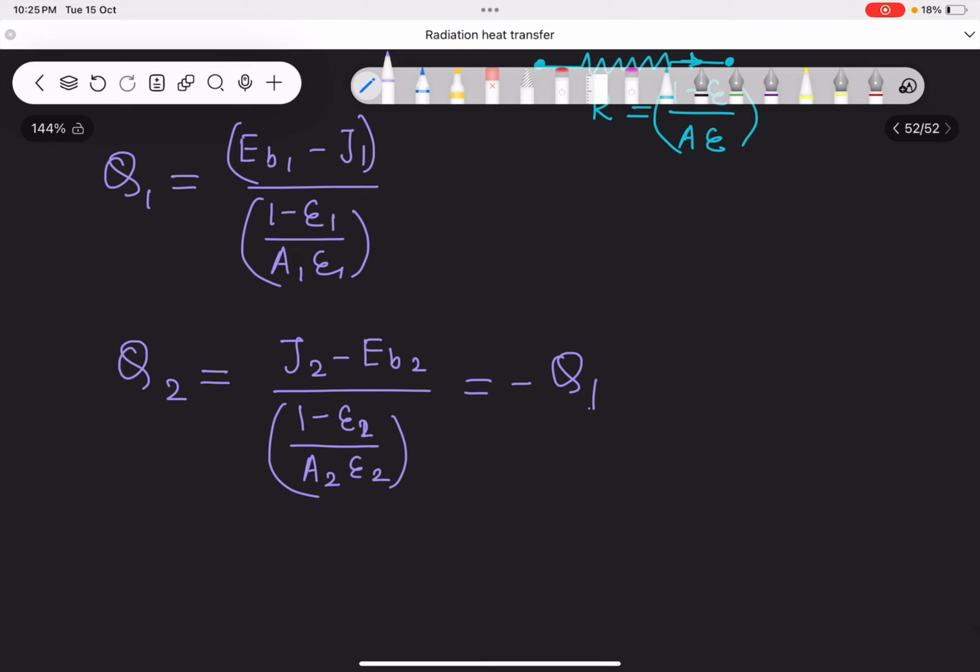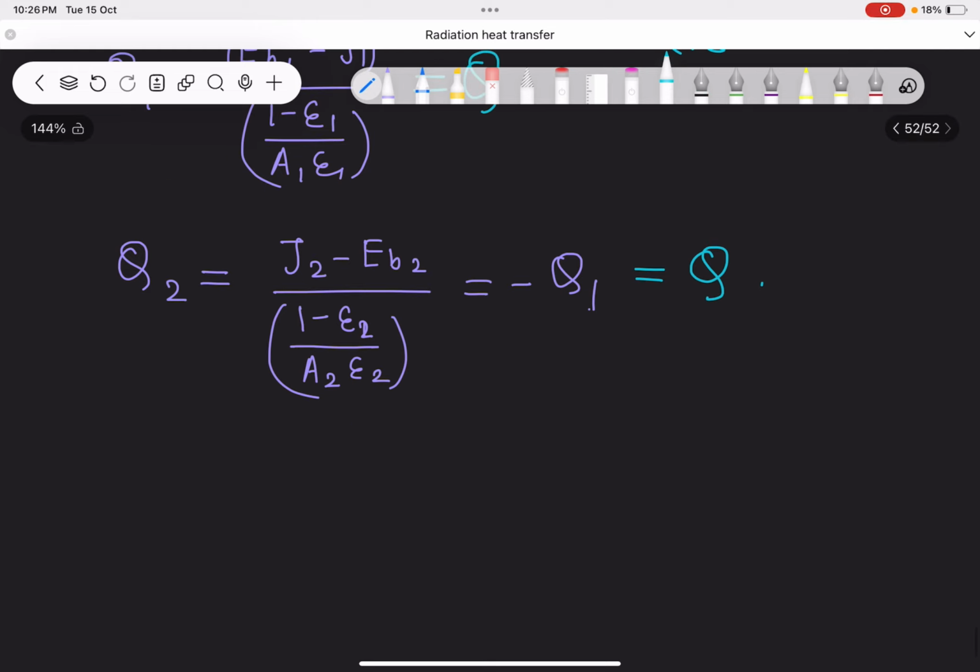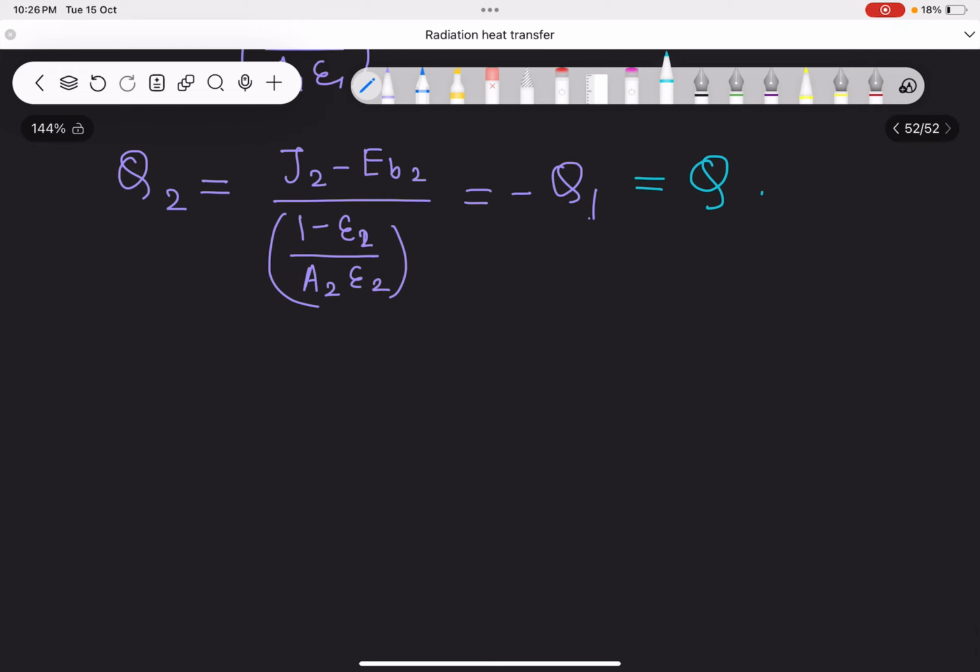So I write this as Q. I write this directly as Q. And this also I write as Q. This is also fine, this is also Q, if I take the magnitude. Now finally, you see, if I talk with J1,